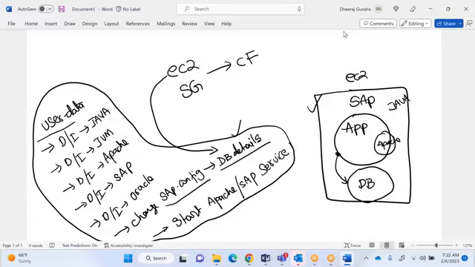Generally people will write user data. No, sir, I'm not using any user data. Then SSM agent: download, install, config, changes and everything. No need of any code. Now the answer is